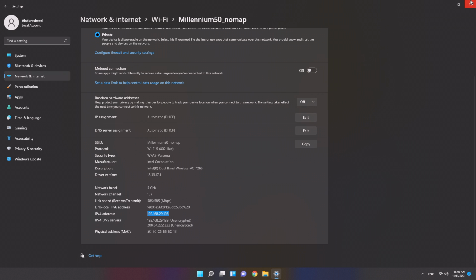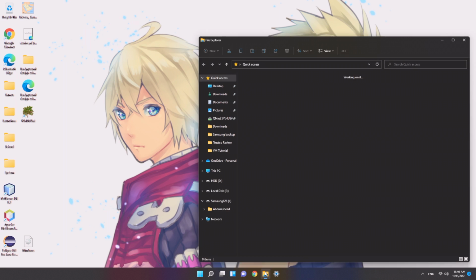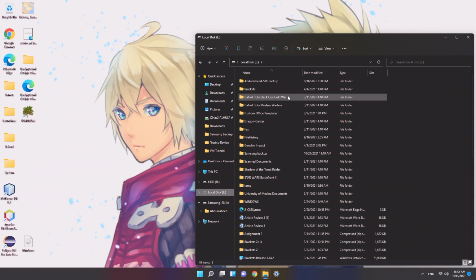So we'll start by exiting out of this window, and then we will find ourselves back on the home screen where we need to locate File Explorer down below. Remember, we're trying to go into File Explorer and choose a specific folder or file that we want to share on the network without giving the user full access to all of my files. So we want to click File Explorer, and we want to locate any file or folder that we want to share on the network. Right click that.